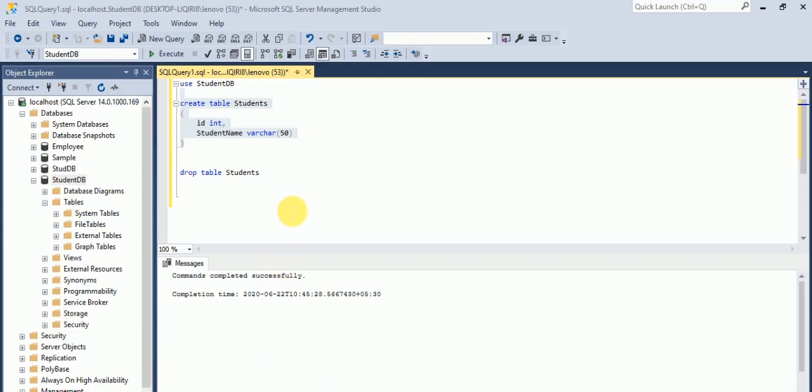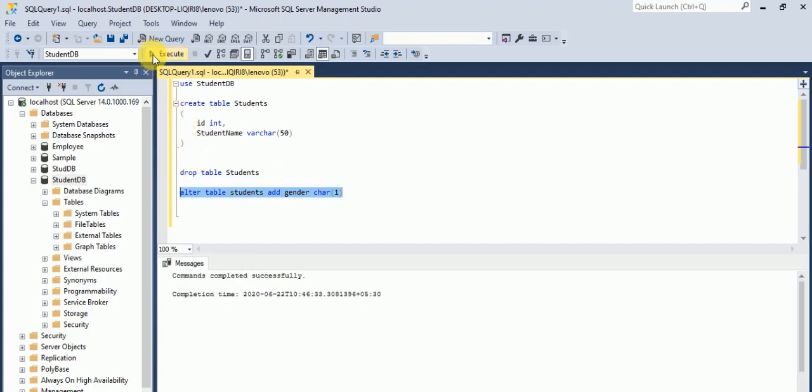So now we'll add a gender column to our table student. To add a gender column, we'll use the alter statement, alter table. We have to specify the table name. Now we have to add a column, right? So we'll use add, then the name of the column, that is gender. What is the data type of that column? It's character 1. Now when I execute this statement,